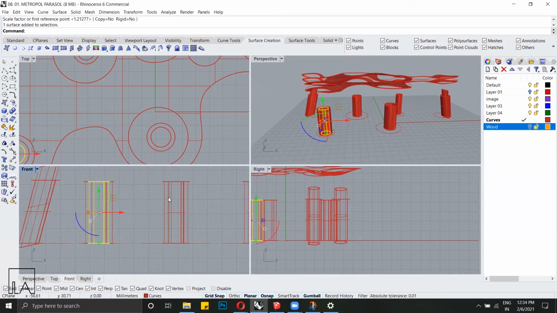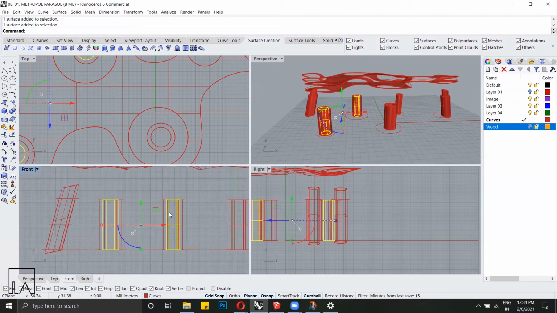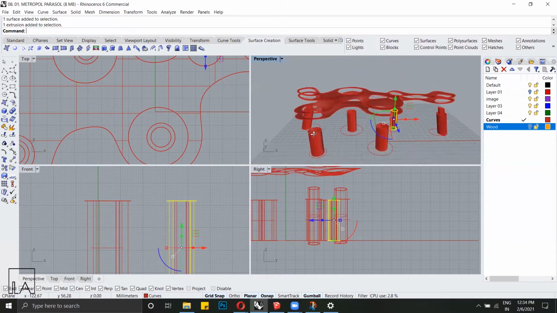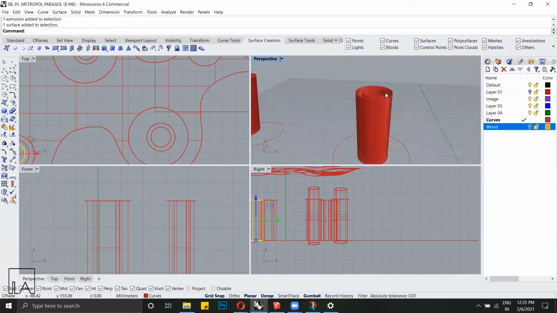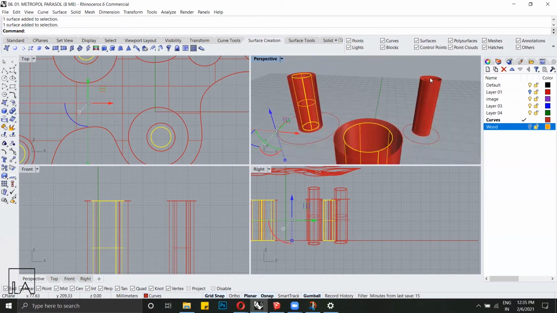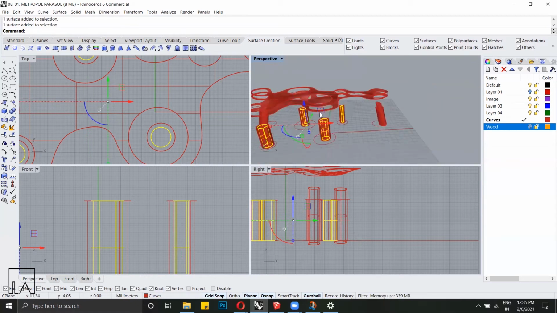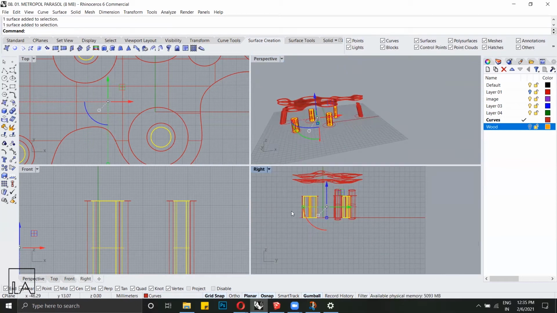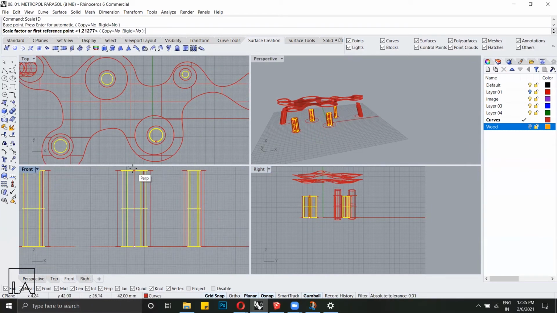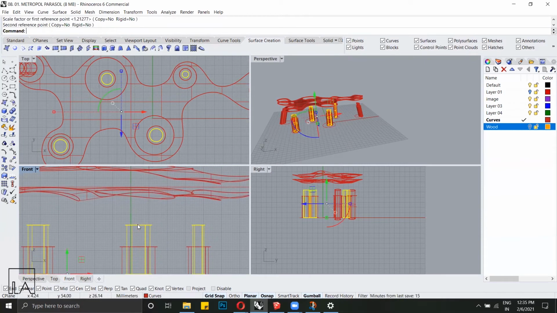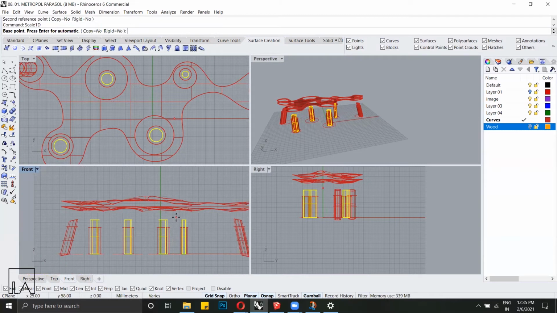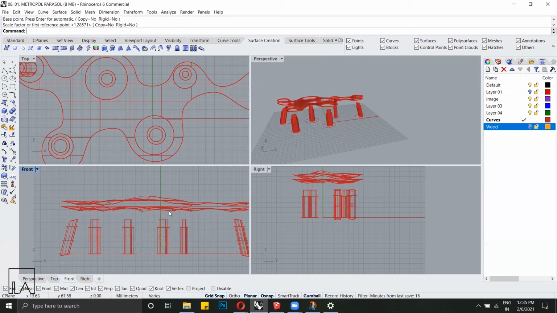And I'm just going to select the internal surfaces and bring them to a certain height. It's easier to do the selection in your 3D perspective view itself. I'm going to select multiple using the shift key on the keyboard. So those 4. Now scale in 1 dimension. Select the base point, top point, and give it a certain height. The reason why we're doing this is purely so that when we do the blending for the inner surface to the top one and the bottom outer surface for the bottom surface, we get an ideal blend and you're not going to have any surfaces touching each other.